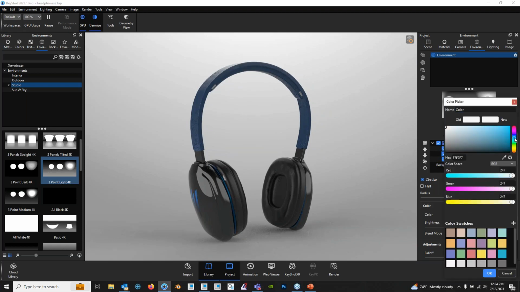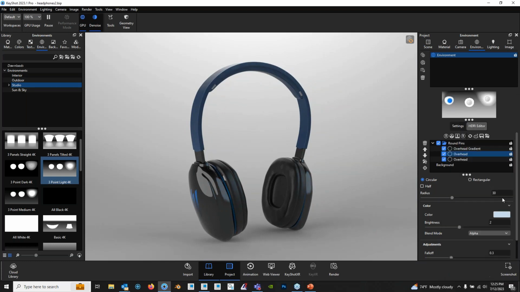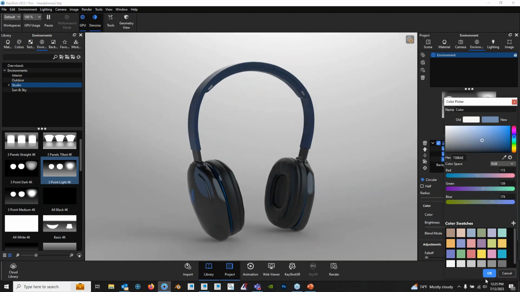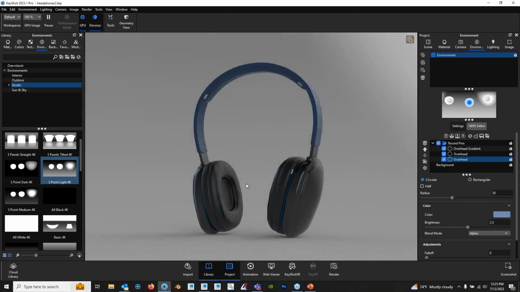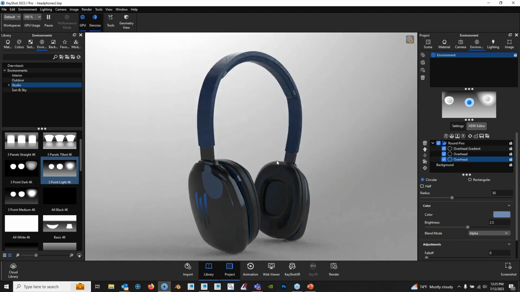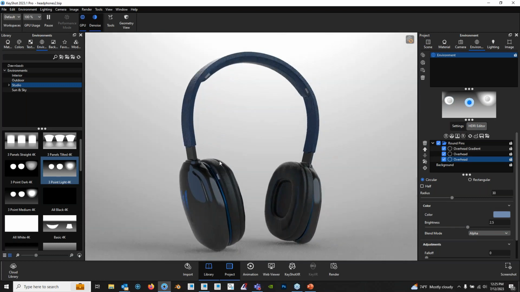So if I were to change some to like a bluish color, you can start to see the change, maybe a little more subtle, something like that. Maybe the other one is a little more blue than that. So it could just kind of get a little bit of bouncing light. And this is also something you could spend hours doing to set up your scene, because if you want different